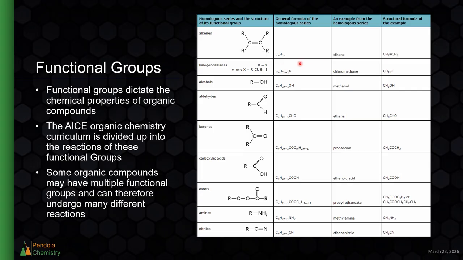So for alkenes, the general formula is CnH2n. So if there's 2 carbons, then there are 4 hydrogens. If there's 5 carbons, then there's 10 hydrogens, so on and so forth. Ethene is an example of a structure, an alkene, right? A carbon double bond to another carbon. So just to show you a few